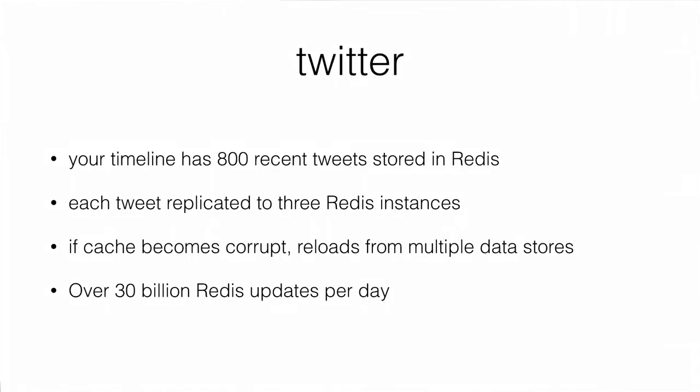The biggest one locally is Twitter. Twitter is running terabytes of Redis across hundreds of servers. Every time you pull to refresh or go to their website, your information is coming directly out of Redis. For every user or every timeline, they store the 800 most recent tweets directly in Redis. And that's why if you page down enough, your tweets just seem to stop, because that's where the Redis limit stops. That's their sweet spot for memory usage versus usability.